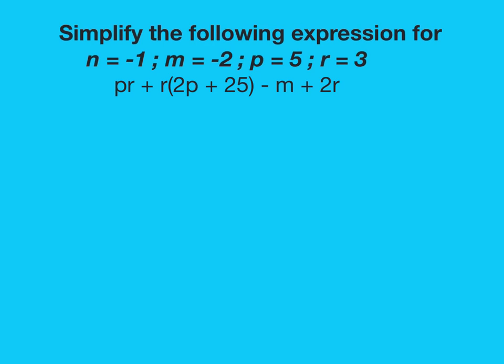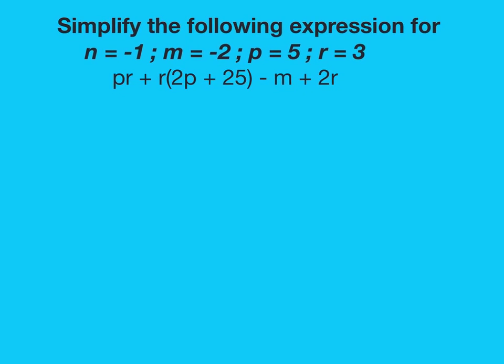And first thing we need to look at, we've got PR. When there's two variables together like that, it means that they're going to be multiplied. So the first thing we're going to have is P times R, which is 5 times 3, plus R is still 3, times the quantity of, that's what we say when we see parentheses, 2 times P is 5, plus 25,